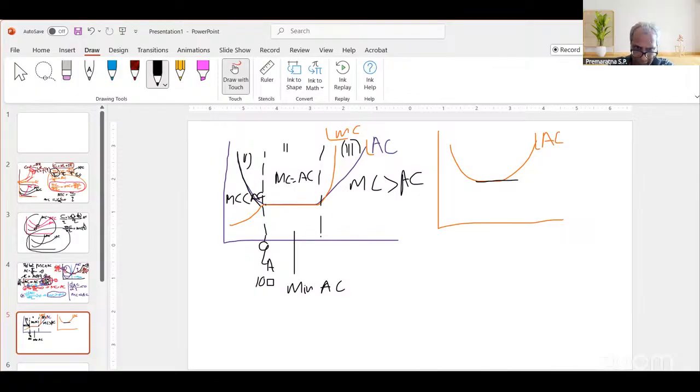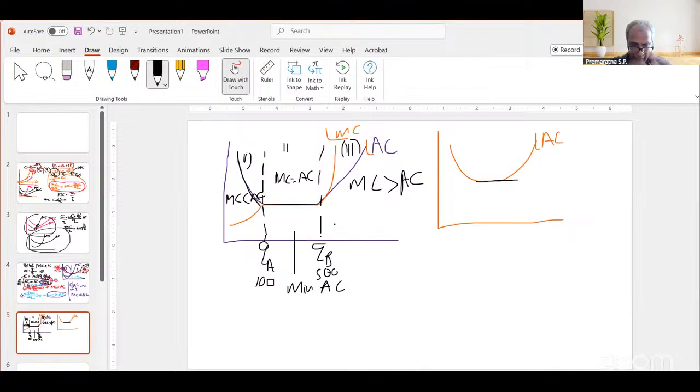After that, coming to the constant level, unit cost at the minimum level, then if we expand further, for example after point QB, let's say your production is 500. Now, if you produce more than 500, you have to expand the